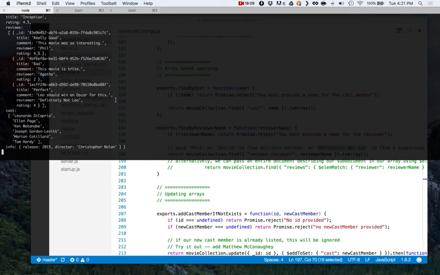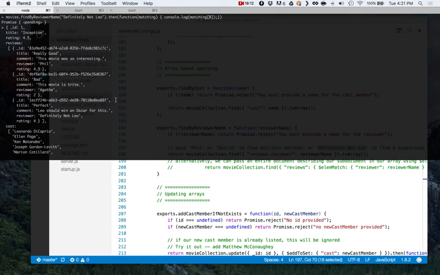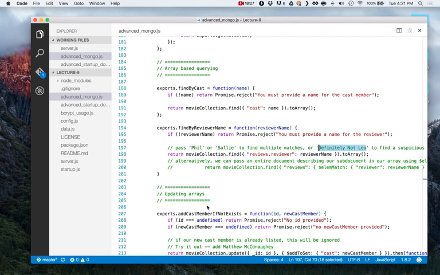Okay, so now we can see the reviews because it's not that deeply nested, because we're just printing out the object now. So here you'll see that there's a review by someone that's called definitely not Leo, who maybe might be Leonardo DiCaprio in fact, saying that Leo should have won an Oscar for this movie, Inception, which he should have. Now we do this by passing,